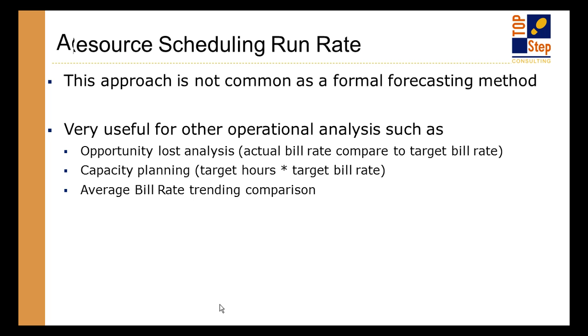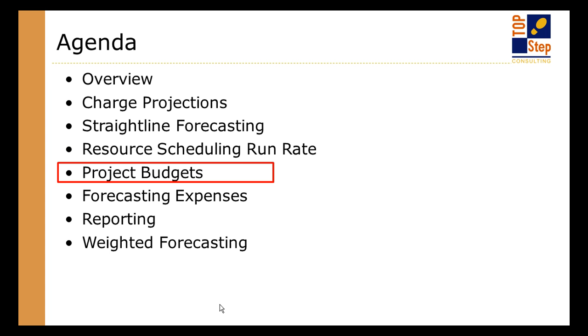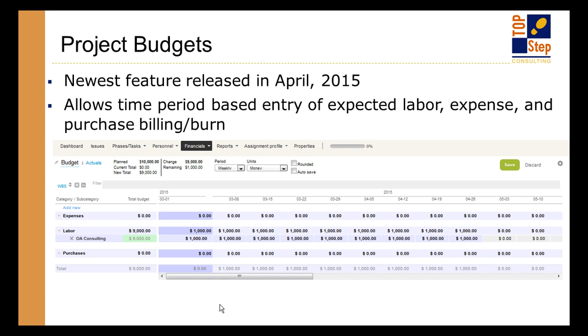Now, the fourth option here, and this is sort of the interesting approach, is this new project budgets feature. It just came out in April. I know it's going to continue to be enhanced in the system. It's pulling a lot of data together into a central location. What it allows you to do is basically take a project's budget and plan out when it's supposed to be burned, okay? Which is essentially like a forecast, but it's done at the project level,